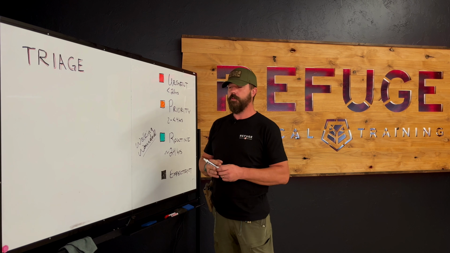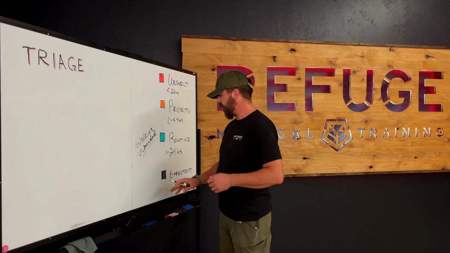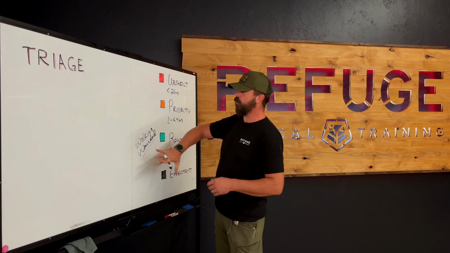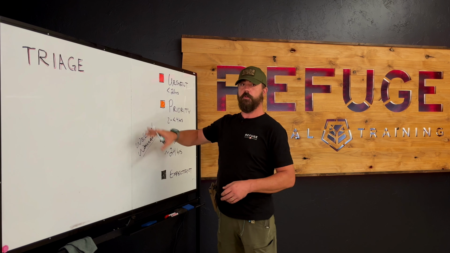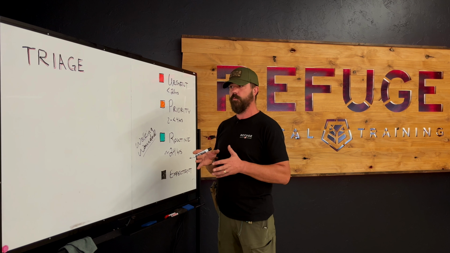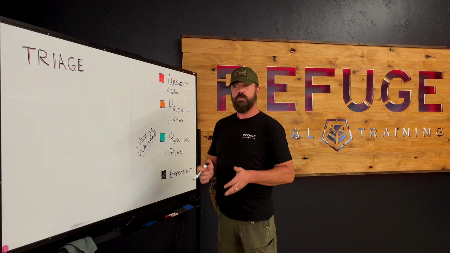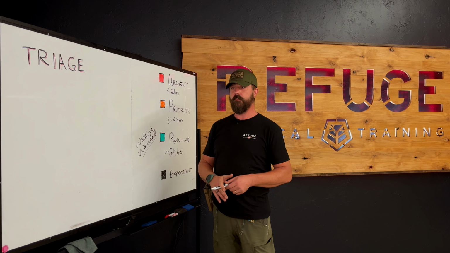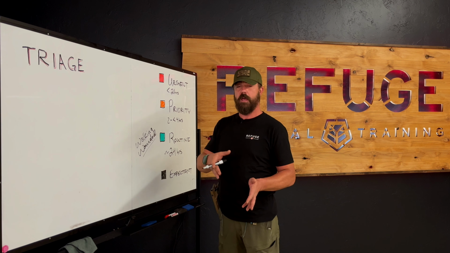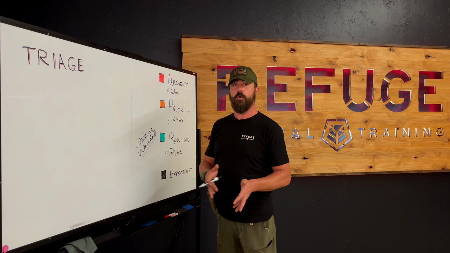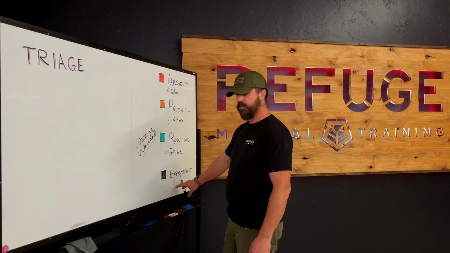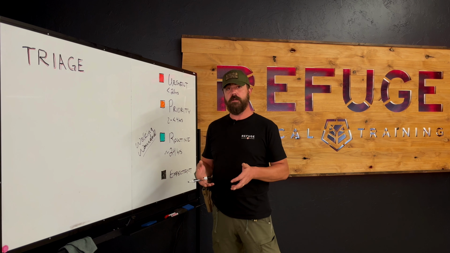Now down here we have black, expectant. Expectant of what? They're not expected to survive, meaning that regardless of whether there were all these other casualties or whether it was just them, they're not likely to survive. They would not have great odds even if there were no other casualties. They go into this expectant category, and the unfortunate reality of that is